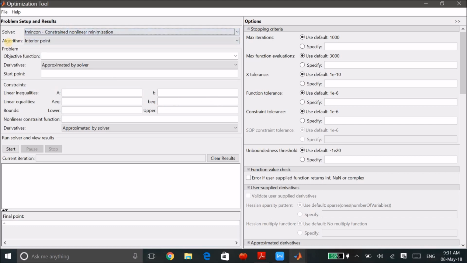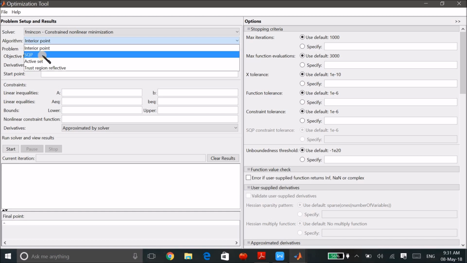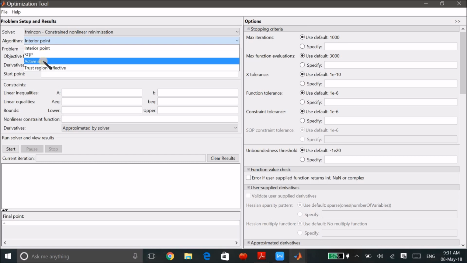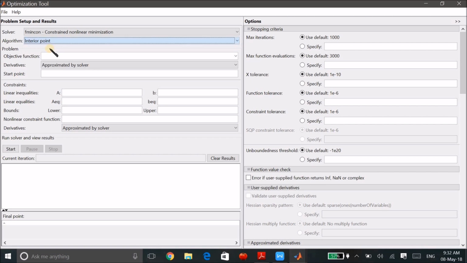After selecting the solver, we have an algorithm. An algorithm is basically a procedure of solving a problem. If you click on that, we will see that there are four algorithms provided here. Initially we have interior point by default. Try to use the interior point first, as it handles large and sparse data, so it is usually used for large scale problems. Then we have SQP, which is not for large scale algorithms. Then we have active set, which can take a large step, increasing the speed of solving. Then we have trust region reflective, which requires you to provide the gradient and allows only bounds and linear equalities. You will see later. So let's select interior point first.